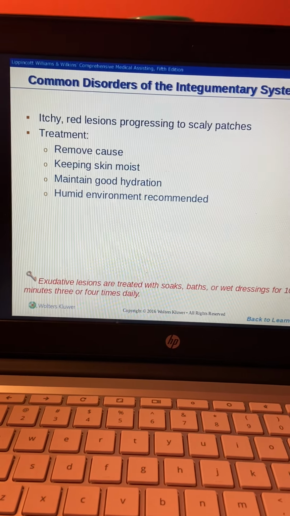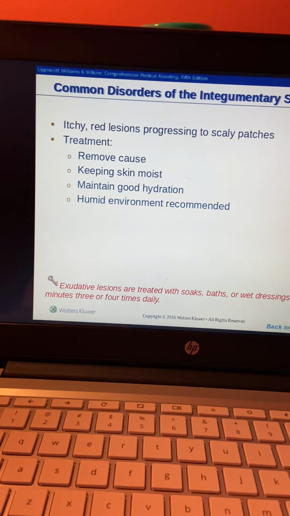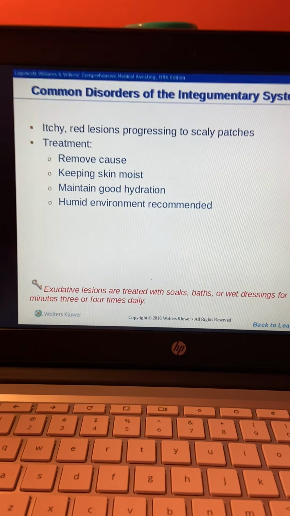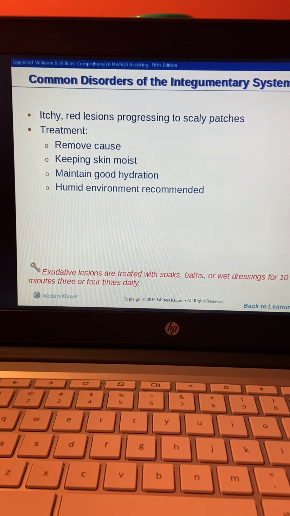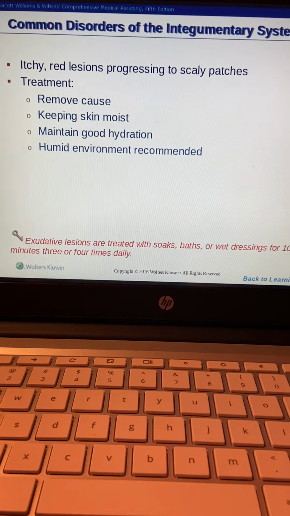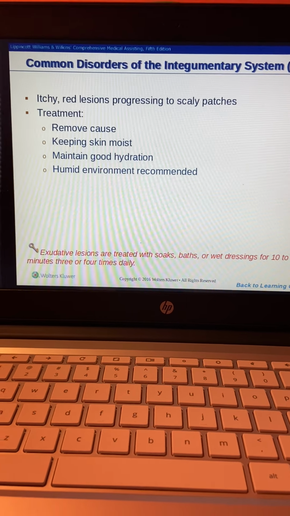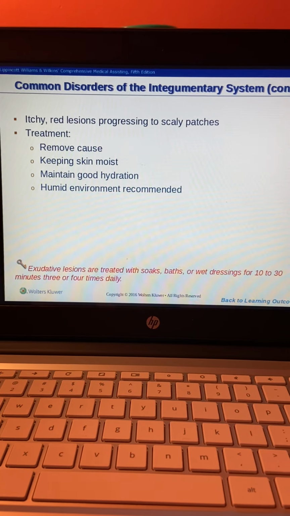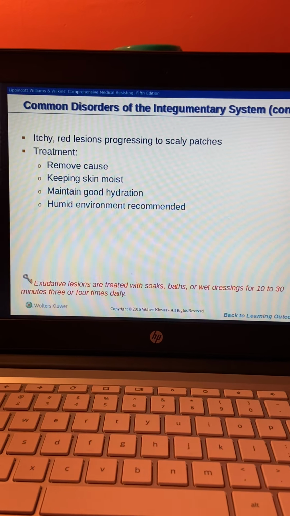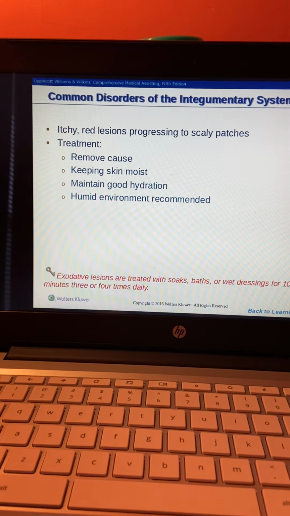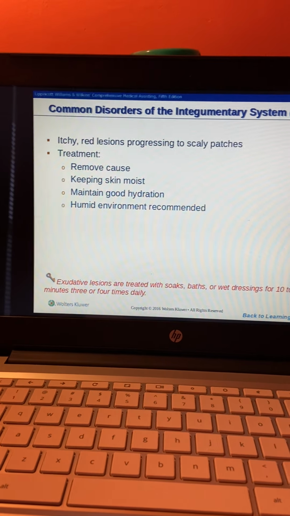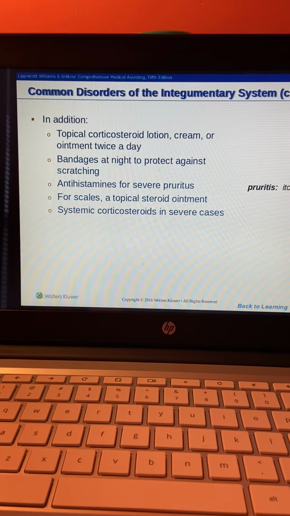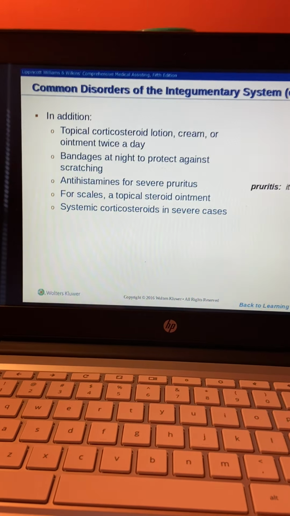The treatment is to remove the cause if you can determine the cause. You want to keep the skin moist, maintain good hydration, and a humid environment is recommended. Exudative lesions are treated with soaks, baths, or wet dressings for 10 to 30 minutes, 3 or 4 times daily. They also use topical corticosteroid lotions, creams or ointments twice a day, and bandages at night to protect against scratching,